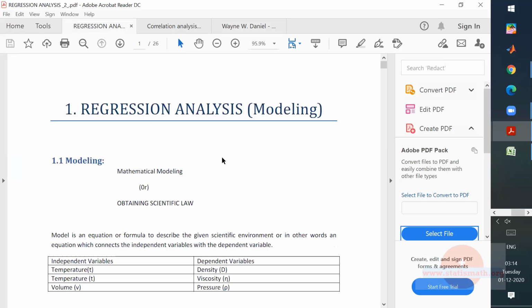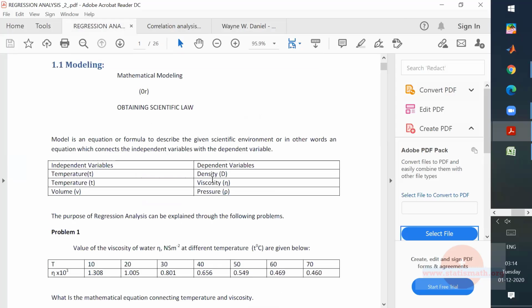So we'll see different regressions here. Okay, so the regression analysis is a modeling technique. It's a mathematical modeling, right? So you have the setup called independent variables and the dependent variables. So right now we saw an example. The age is the independent variable, where the liver volume on a per unit body weight is the dependent